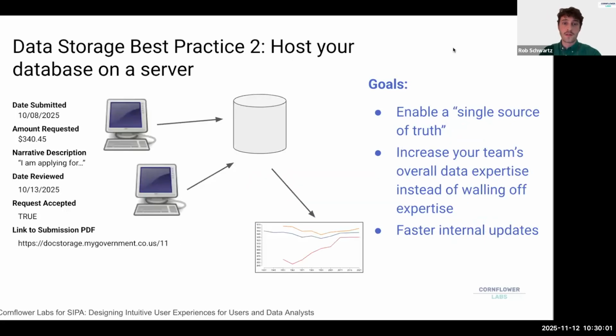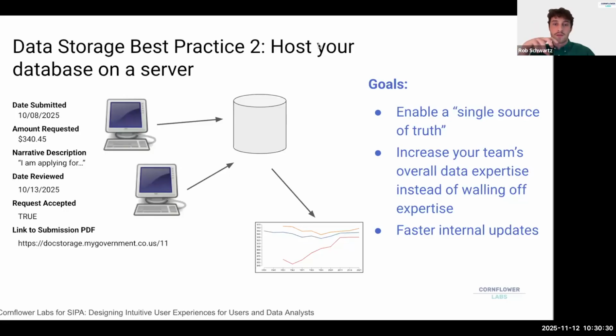Putting your database on a server. This one I know is often a little bit difficult because we're talking sometimes about business processes that are owned by even sometimes one staff member. And you're saying, okay, they've got it, they're managing it, they're keeping hold of their own database, and they've got it under control, which is pretty good. Sometimes that can work. But the problem is often when you're trying to send information between analysts and owners of the data, when you're trying to do analysis that involves multiple units or other users,